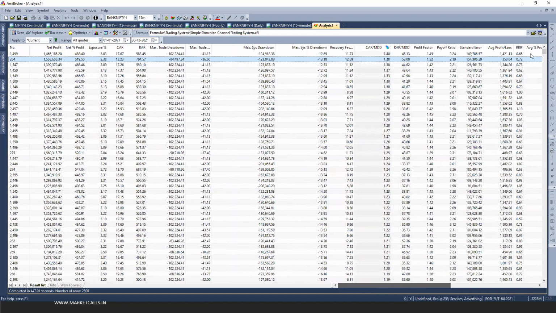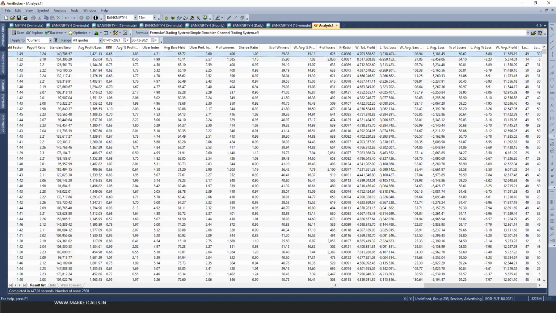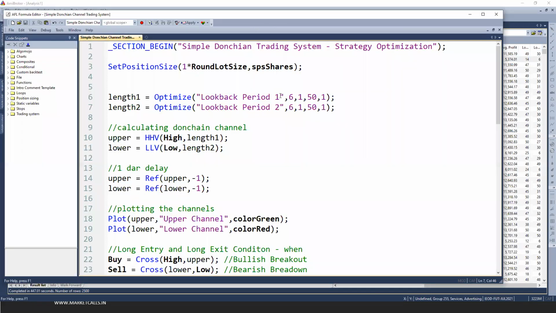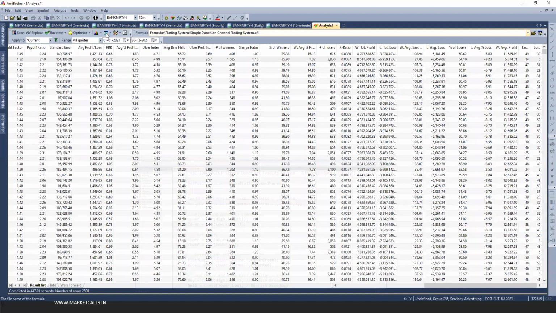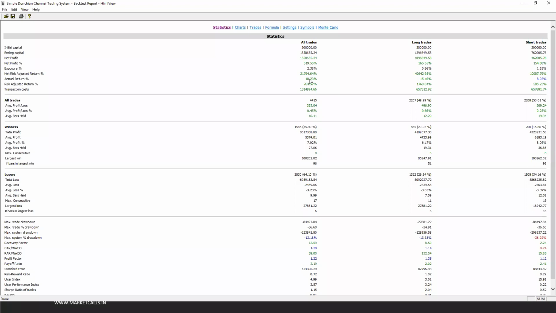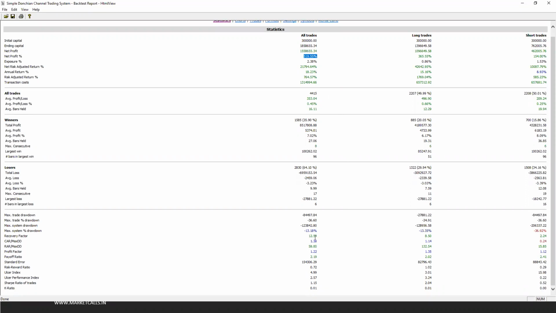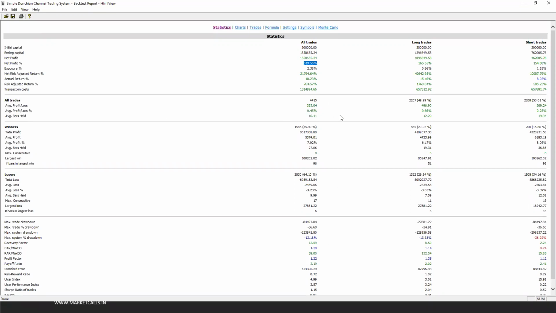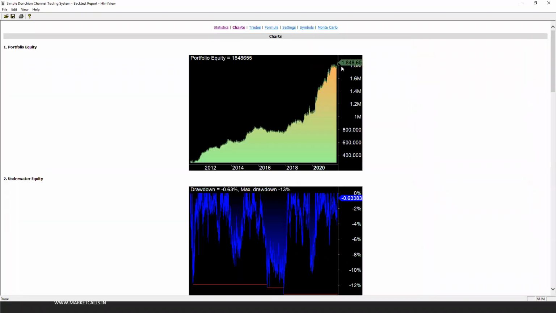49 and 30 is, according to me, weird. 49 is something which is very close to 50. So 14 and 6 is what I'm going to use over here. I'll replace it with 14 and 6. If I run this backtest, I'll be able to get a result better compared to the previous one. I'm able to slightly improve my annual returns. Earlier, the annual returns were like 447%, something like that. Now the overall returns have improved to 519. Returns also increase, risk also reduces, and thereby I am able to get a decent equity curve, comparatively better than